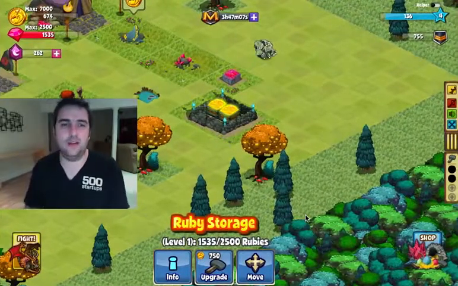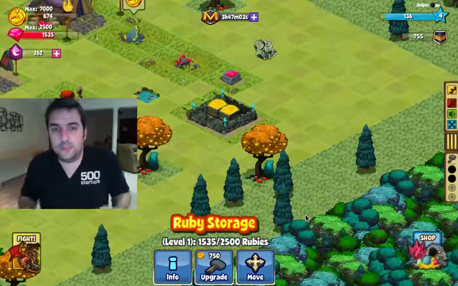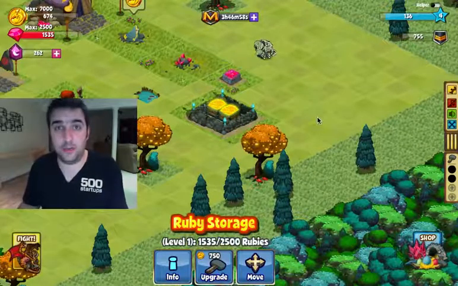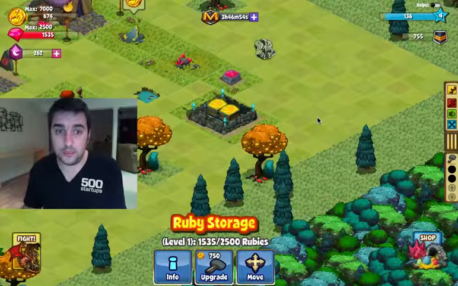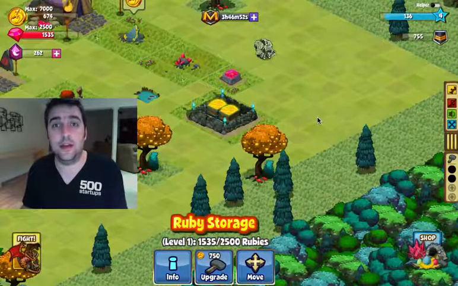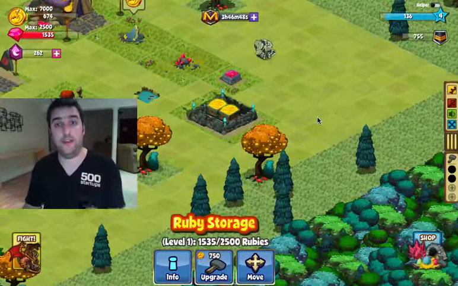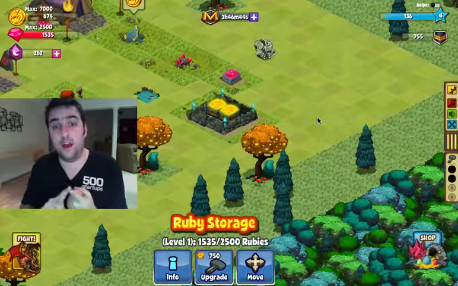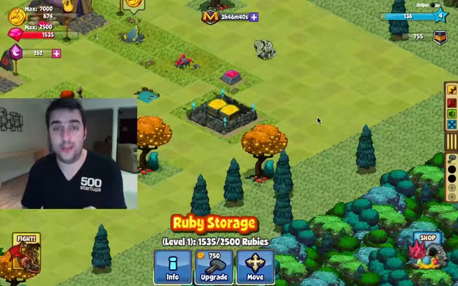But let's say I was like, that's nowhere near enough for something I wanted to do in the game. For instance, save up for a pet that costs 18,000 rubies like the Thunderbird. I would need a storage of at least 18,000 rubies. How do I do that? Well, there's two ways. One way is to increase the capacity of a single ruby storage, and you do that